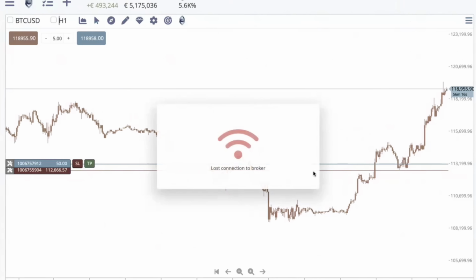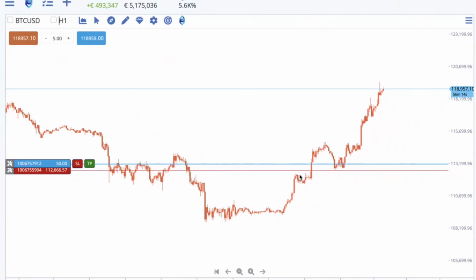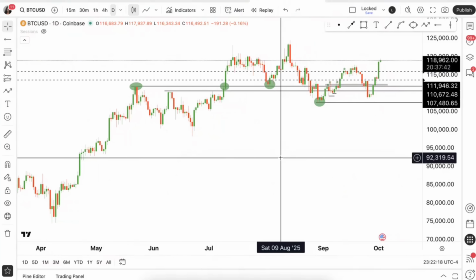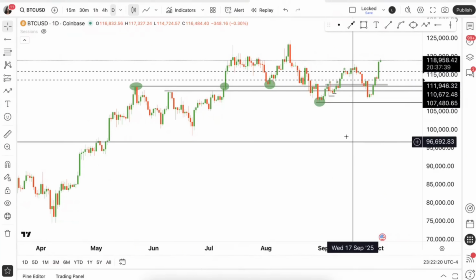Speaking of trade, I'm actually sitting in BTC buys right now, which is the trade I'm going to break down later. But I first want to show you the overall market structure and how price is going to move. With all this being said, let's go back to TradingView. We're looking at BTC. What made me take this trade?